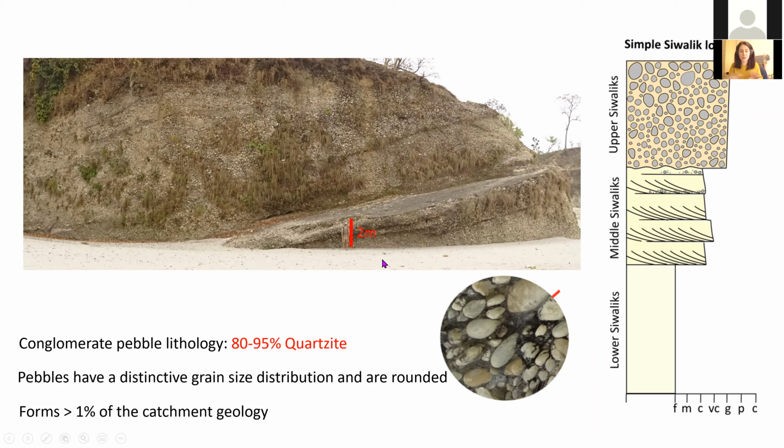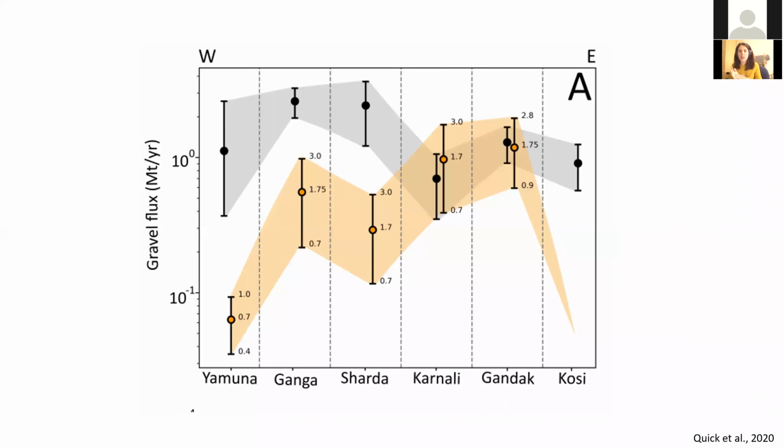And then in the general context of how much is within each catchment, when I did a bit of mapping, it turns out that maybe 1% of the catchment geology of each of the large Himalayan catchments is Siwalik conglomerate. Due to the fact that these Siwalik conglomerates are made of quartzite, and we don't get an awful lot of coarse bedload coming from the high Himalayan mountain ranges, it made me think that potentially